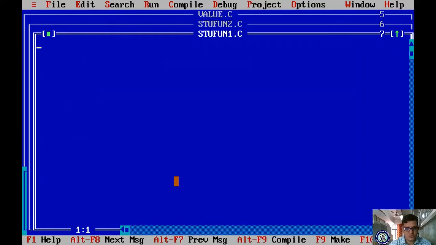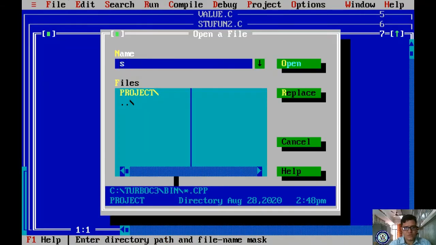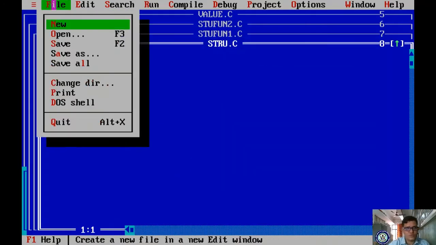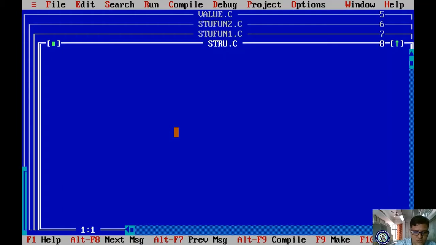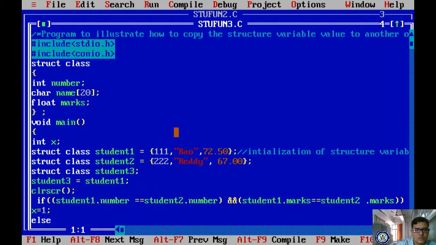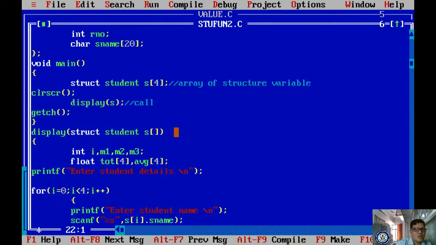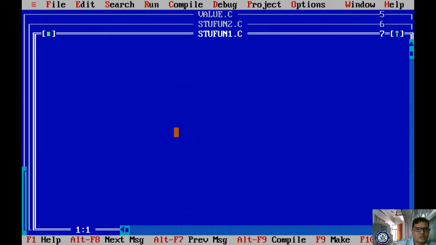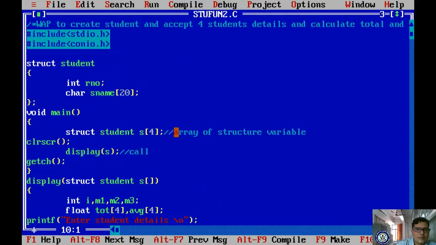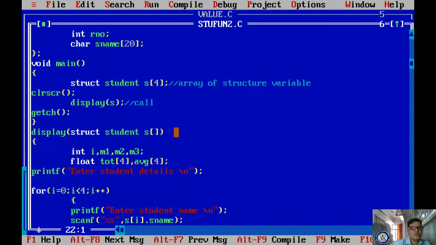No, F3. No. What are the previous programs we have done? Let us check F6. These are the function programs, right?